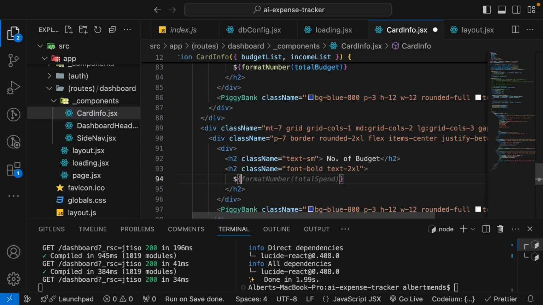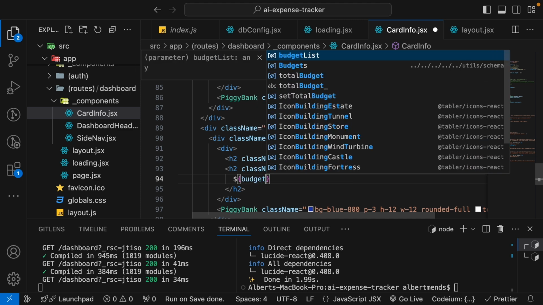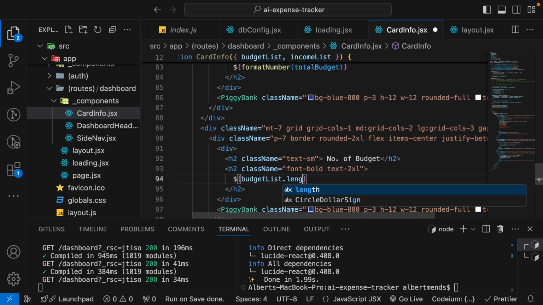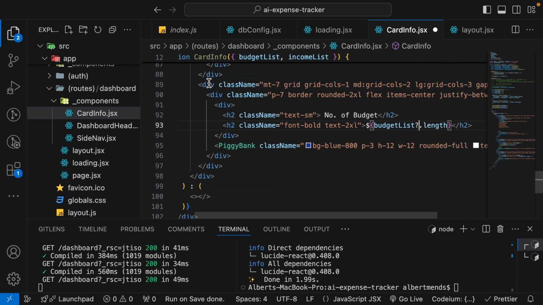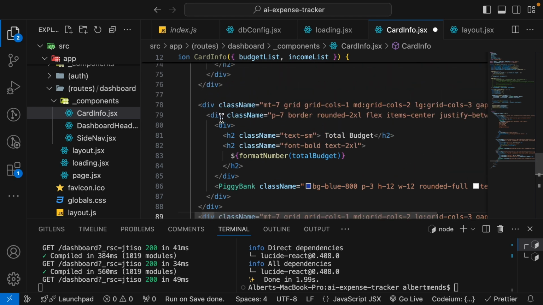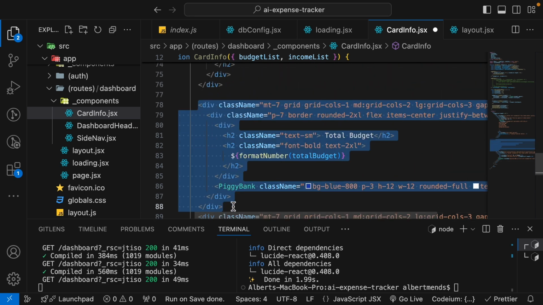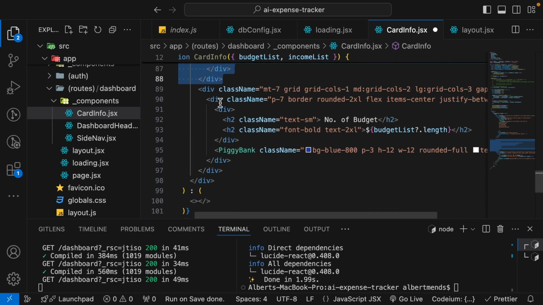So we have budget list dot length, which will get us the length of the budget. We copy this, starting from here, we copy this, paste it,